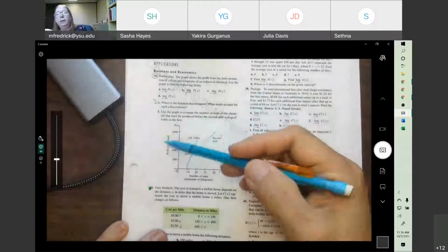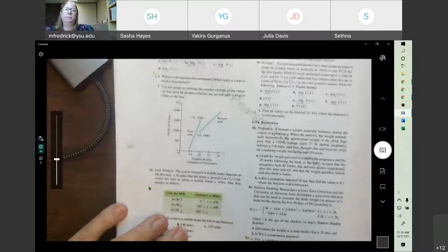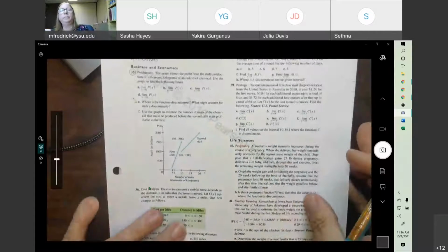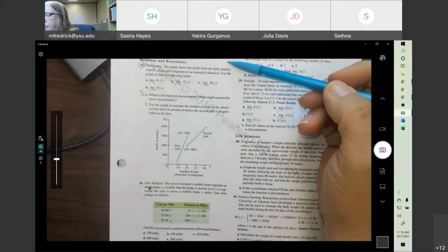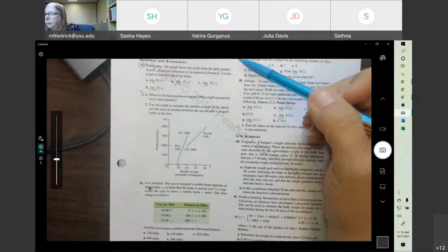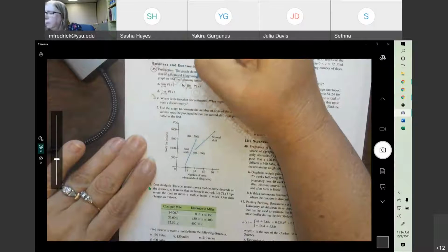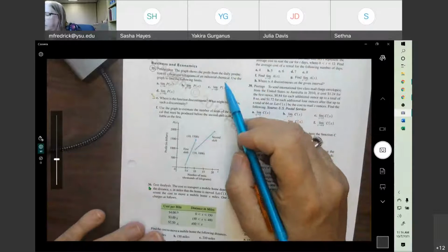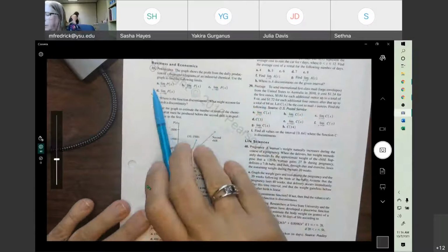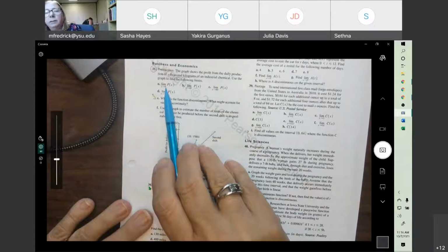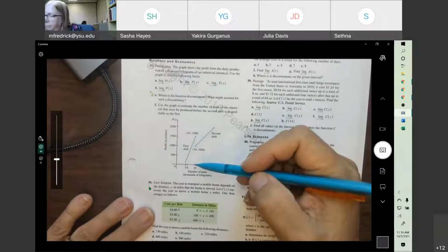Let's look at one on my labs that is similar to this one. It says, the graph shows the profit from the daily production of X thousand kilograms of an industrial chemical. Use the graph to find the following limits. So I want to first find the limit as X approaches 6. If we look down here at X approaching 6,